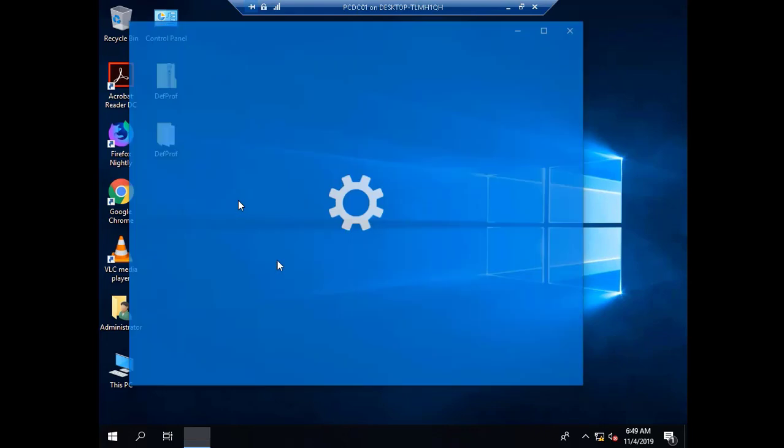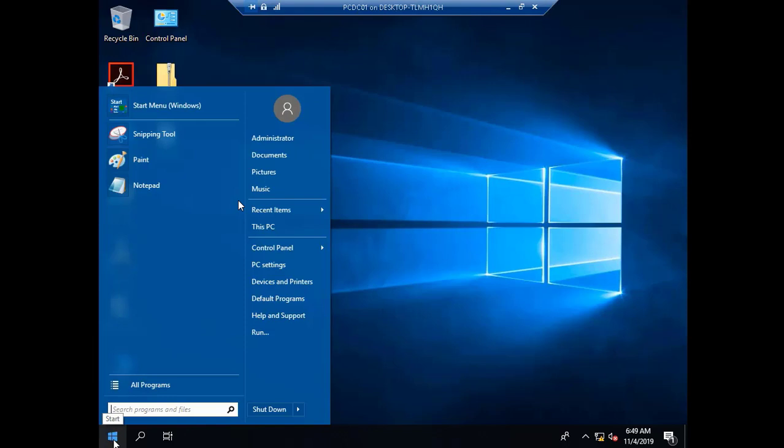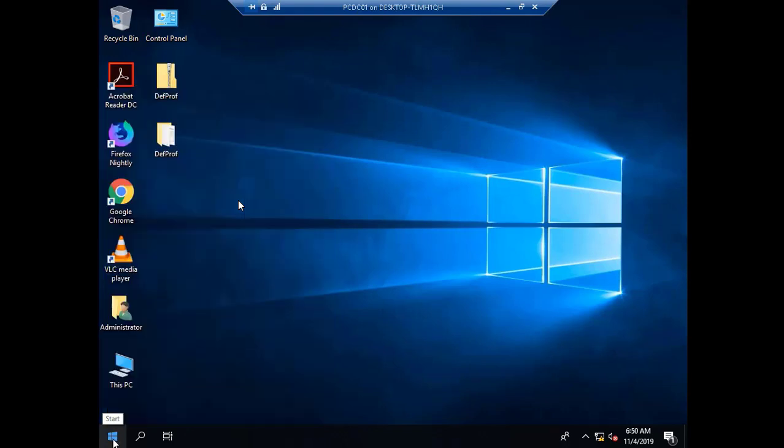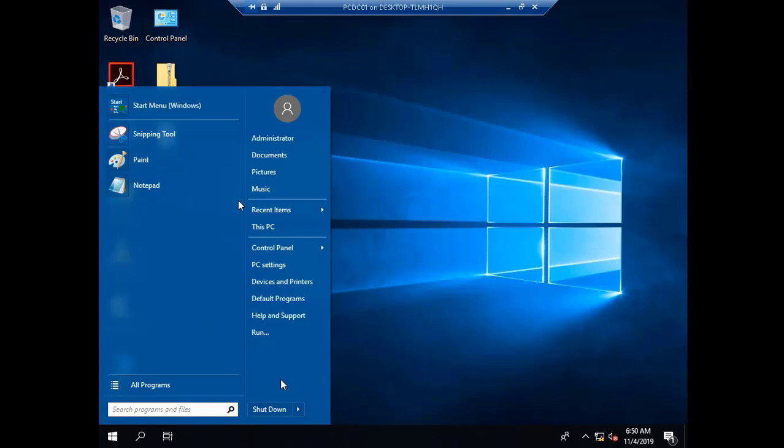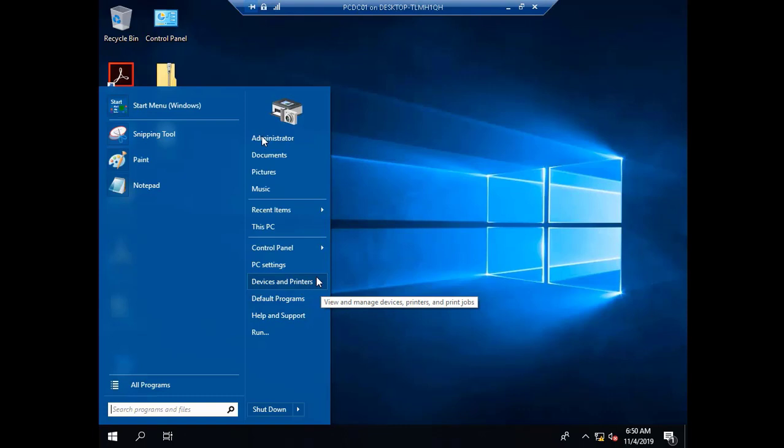Remember, this Windows 10 profile is named Administrator, as per the username of the Windows user. For example, here we can see this is the administrator account. We will use DevProf after that to make this Windows 10 user profile the default Windows 10 user profile. So we are doing all of the tweaks on this user profile, and then we will use DevProf